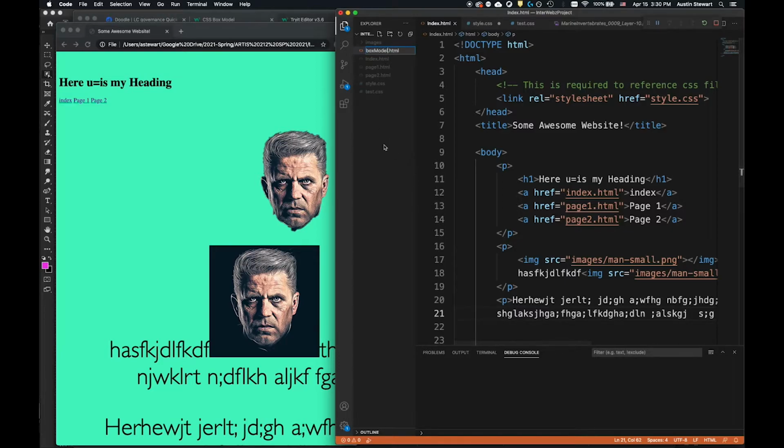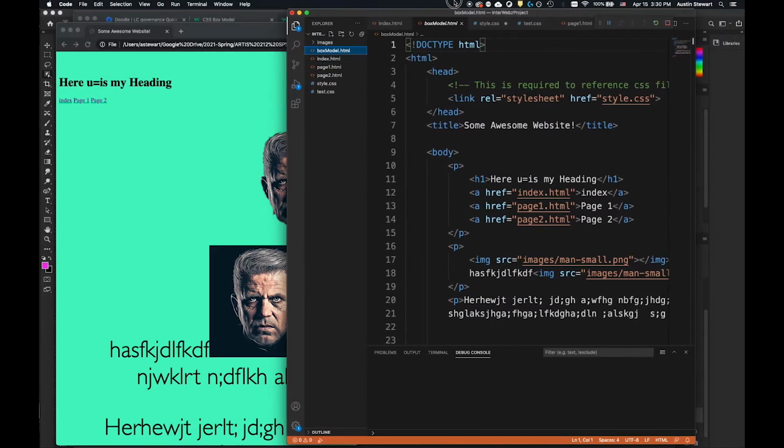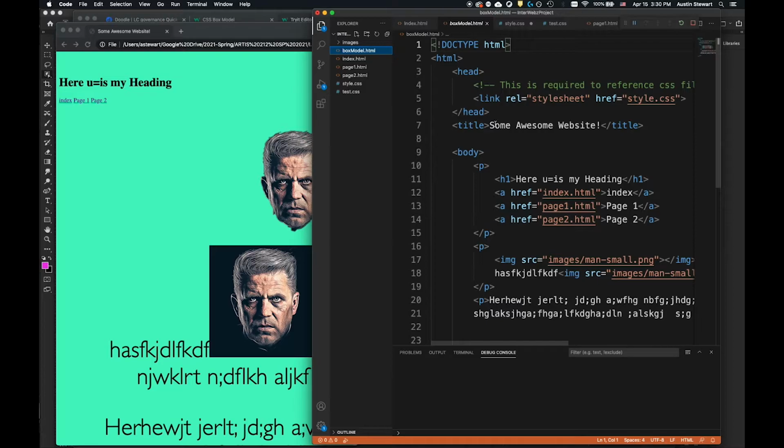So we know what page this is referencing. Now, it's going to look exactly the same as the previous page at this point. But let's go ahead and change our title up here to Box Model Example. And then we don't really need our